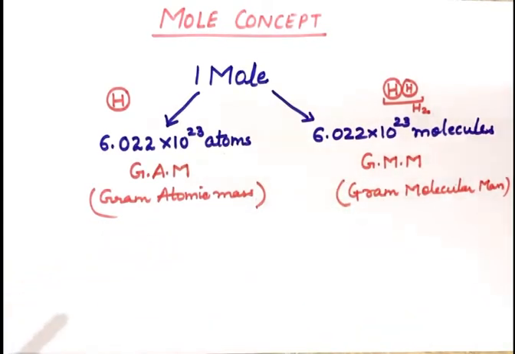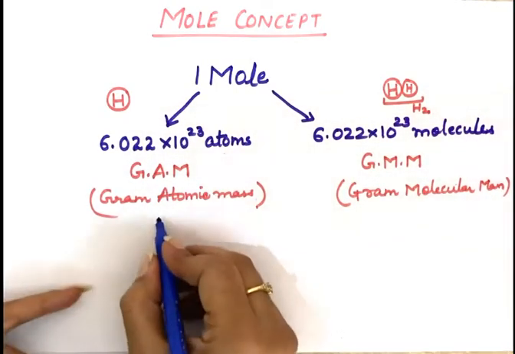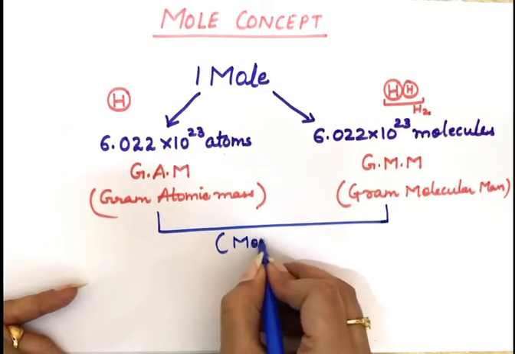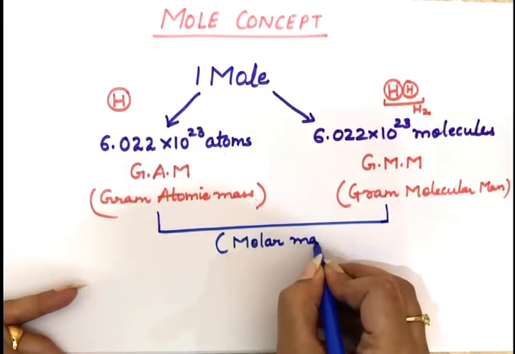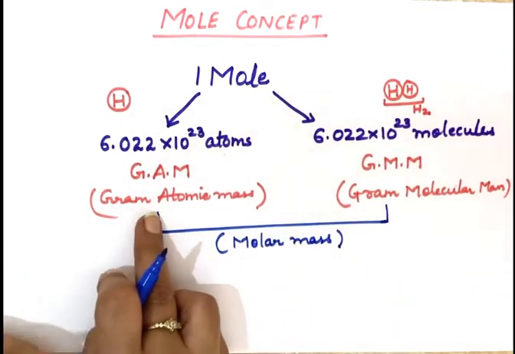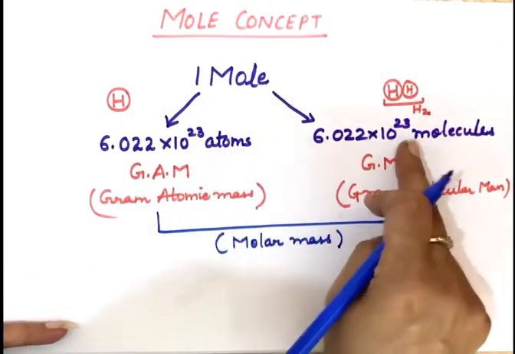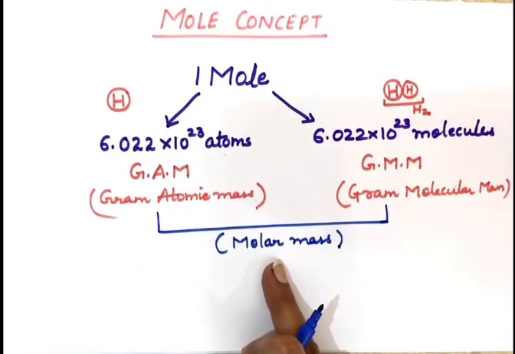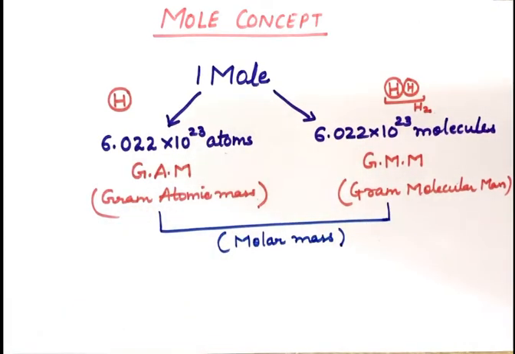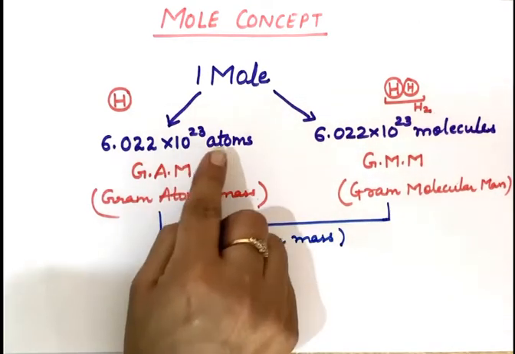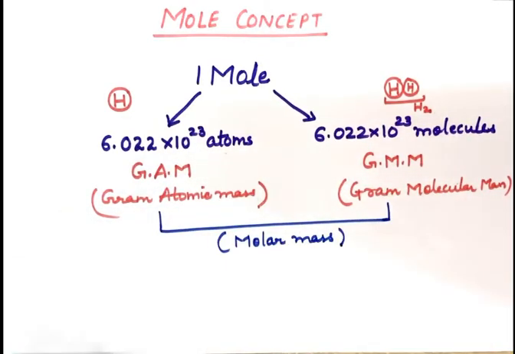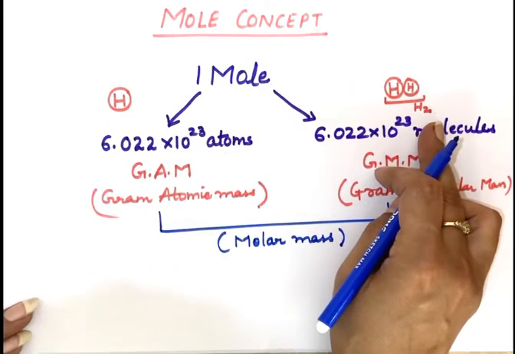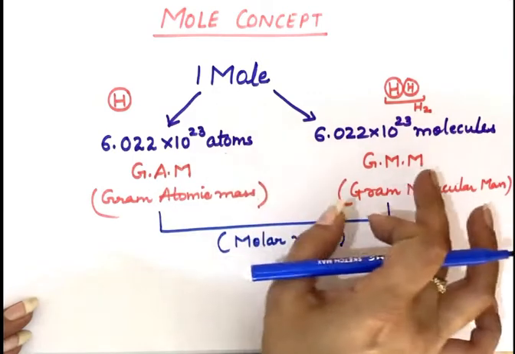Together these two, gram atomic mass and gram molecular mass, we can combine and use one term for these two, that is called molar mass. That means if it is the mass of these many number of atoms or molecules, or 1 mole, then we will call that molar mass, and the unit for that is gram. We write the unit as gram. But if in place of these many number of atoms or molecules, I'm just taking 1 atom of hydrogen or 1 molecule of hydrogen, then that is not called gram atomic mass or gram molecular mass.